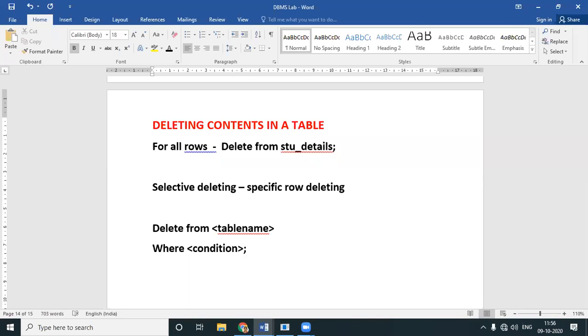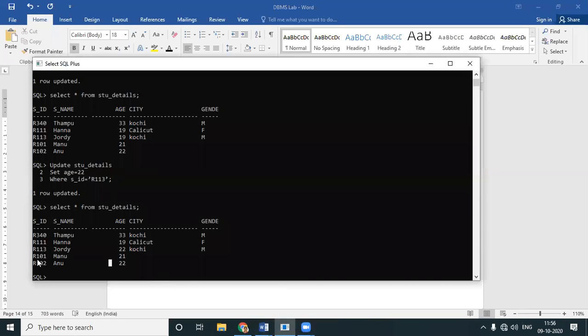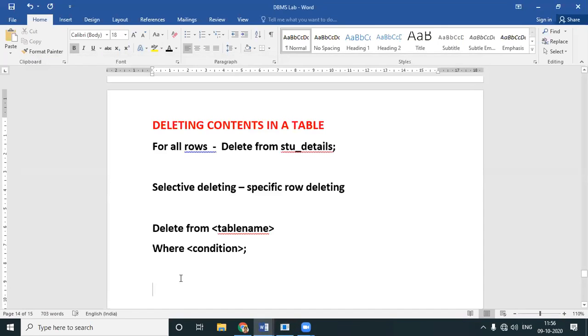So let's do that. You have a detail called Anu, and you want to delete Anu's details. I'll give delete from, and just copy stu_details so that I don't type everything.